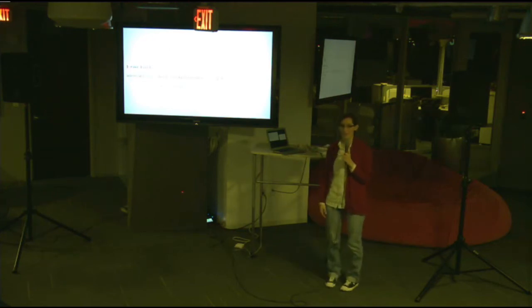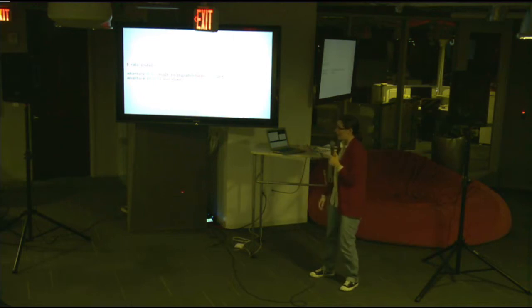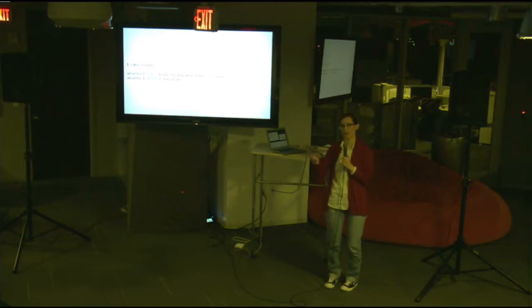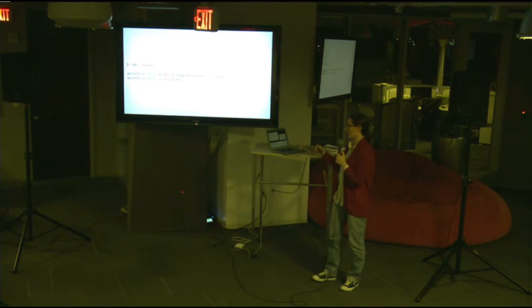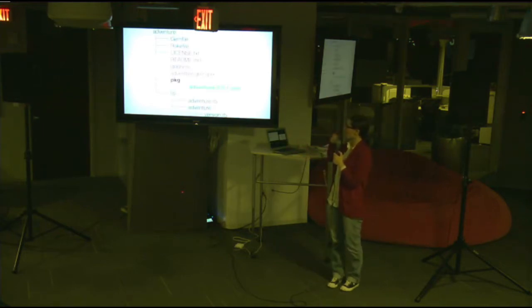So rake build does exactly what you would think it would do. It builds your gem. The only difference here is that it doesn't put the built gem just in your main folder. It makes a new folder called package and stores the gem in there. And if you would just like to do the whole thing in one single command, you can say rake install, and that will actually build the gem for you first, and then install it, and then you're really ready to go. And again, there's our gem folder structure, and our gem is in the package folder now.